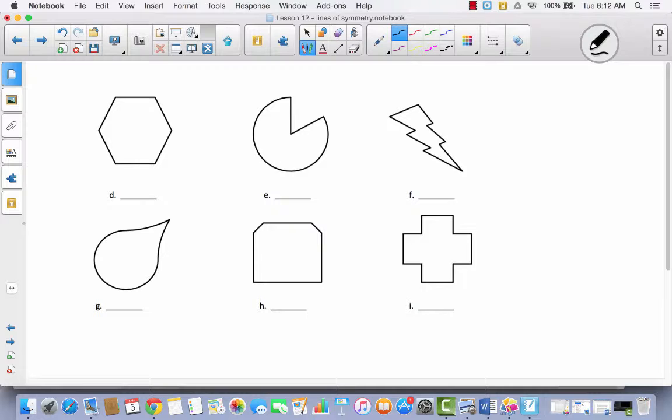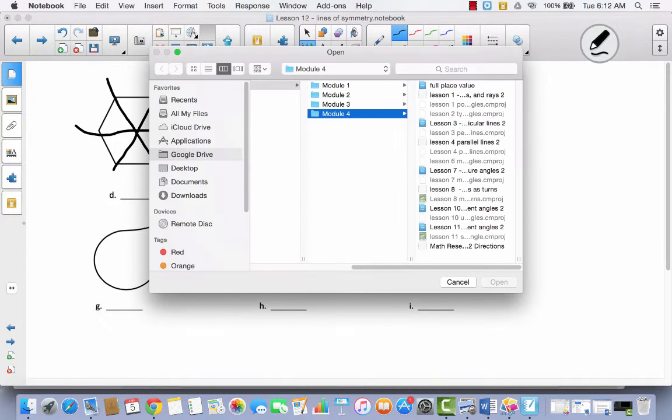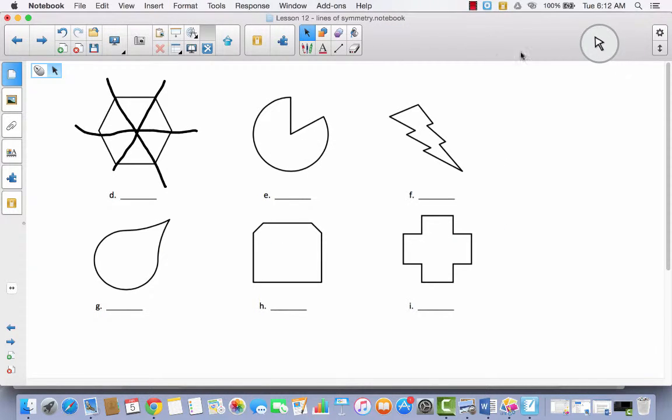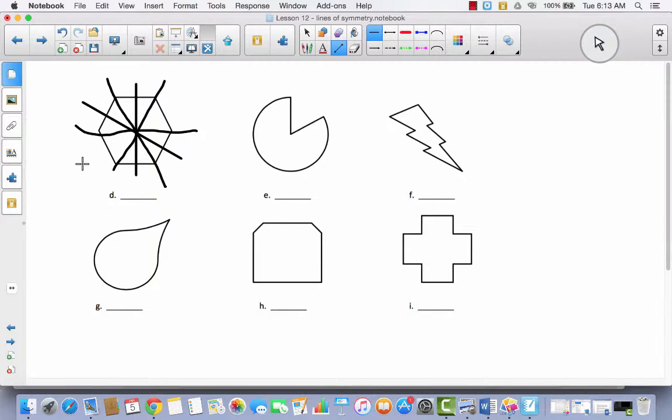All right, so let's take a look at D. Okay, this is a 6-sided figure. Do you know what a 6-sided figure is called? It's called a hexagon, and actually it looks like the yellow pattern block, if you remember from pattern blocks. So we can go from diagonal to diagonal. No, these aren't perfect. But it actually has some more, and I'm going to use my straight line here so that they look a little bit better. Okay, so we're going to use the straight line here, and you can actually go down the middle, kind of like the square, how you can go diagonal, but you can also go